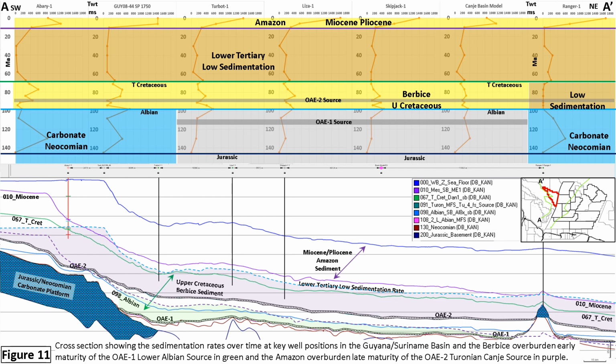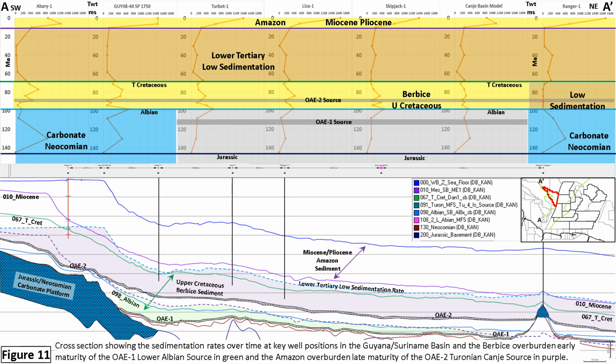And that's what I'm showing up here, basically time in milliseconds from the seismic data versus time in millions of years from the geologic age. So you can see high sedimentation rates of the carbonate, low sedimentation rates in the deeper basin, and when you get up into the Berbice section, you can see moderate sedimentation rates with some punctuations for the source rock. But when you get up into the lower Tertiary section, the Berbice is captured, and there's very